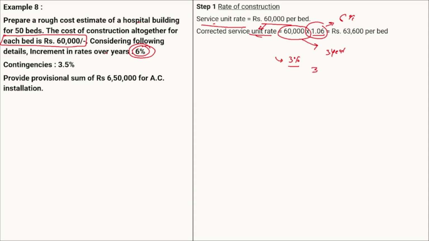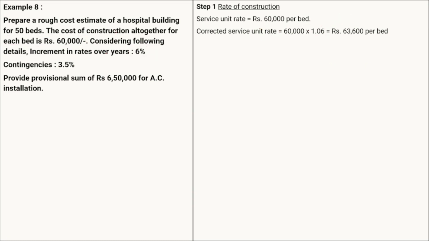So in that case, 3% multiplied by the 3 years, the total increment should be equal to 9%. Okay, so here it is not given like that. Here it is directly given that the increment in rate over the year should be taken as 6%. Therefore, directly taking it as 6%. Okay, so increasing our rate, the original rate was 60,000 rupees per bed, increasing with the 6% to get the corrected